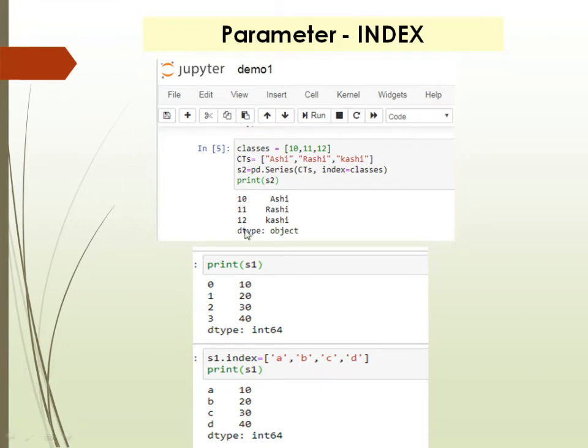Clear? See, the data type is object: for strings and all the other data types, if you use them, it will give dtype as object. See the second example. But you have to know this is the index number, remember it. And these are the values. So to change the index number, you have used the index parameter. Clear? Now we are talking about this